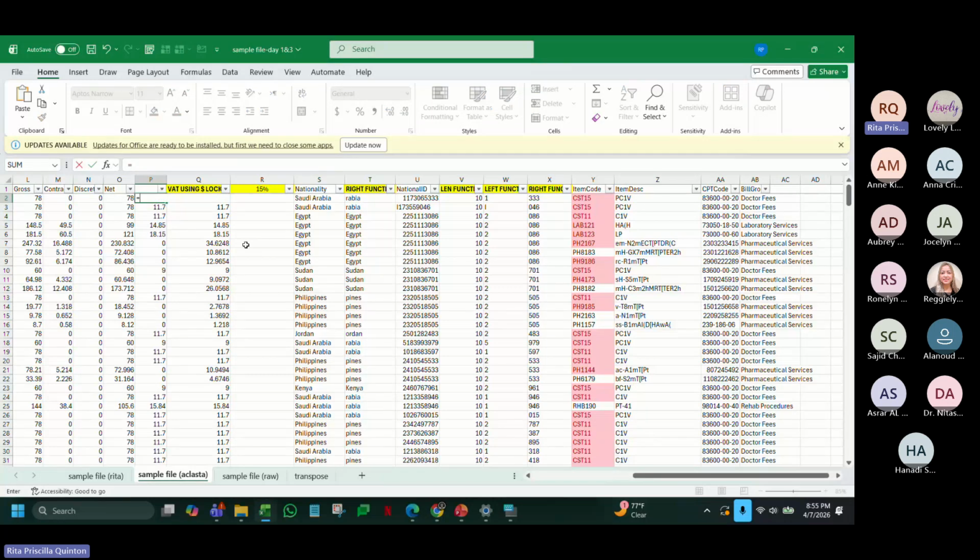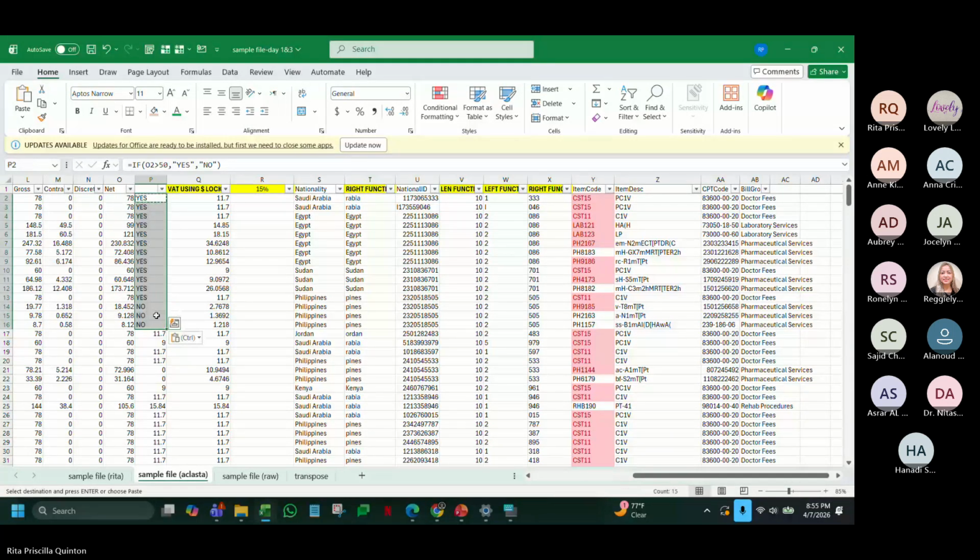For example, if my amount is more than, you can do this also, more than. Is this answerable by true or false? Yes, it's answerable by true or false. So 78 is more than 50. Then I can say yes or no. This is the power of if. So here on the 9 real and 10 real, 18 real, it should show me no.